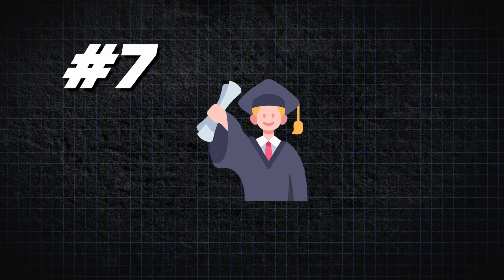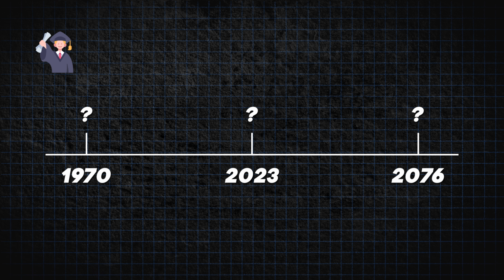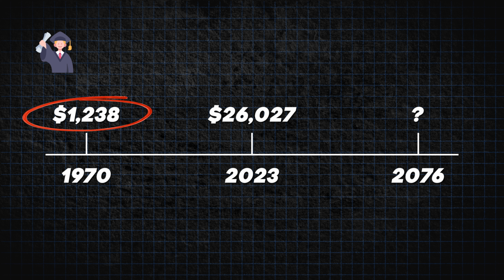And last on our list is the hated college degree. In 1970, the total cost of attendance, which included fees, tuition, and room and board, was $1,238. In 2023, that number on average is $26,027. So if we start off at $1,238 back in 1970 and today at $26,000 over the course of the last 53 years, that is an inflation rate of